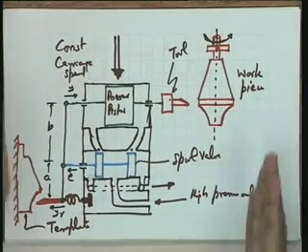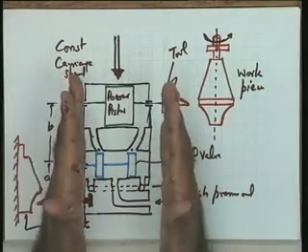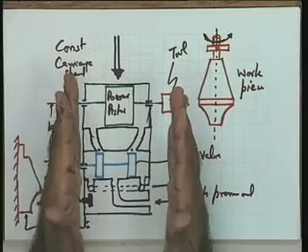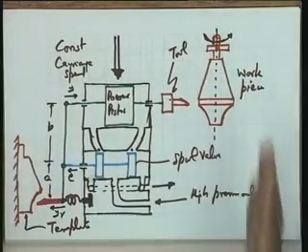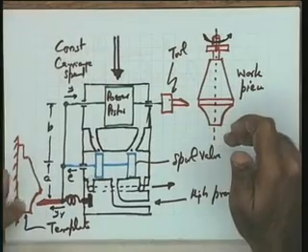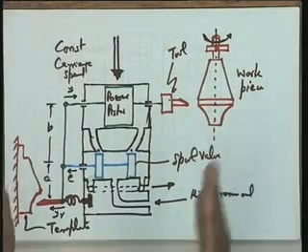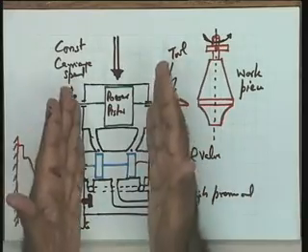Can I move the template and the job? Then I can keep the assembly constant. Please see, I will have to move the template and the job in a linear motion. Then I can keep this assembly constant, because I want this particular tool position, this particular tool to cut this particular job as per the template profile. Is this all right with you? An alternative arrangement is possible, but this arrangement works better.